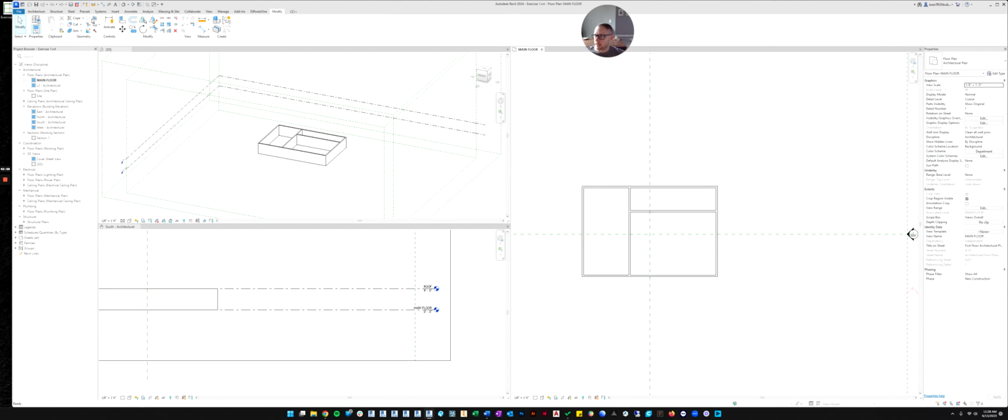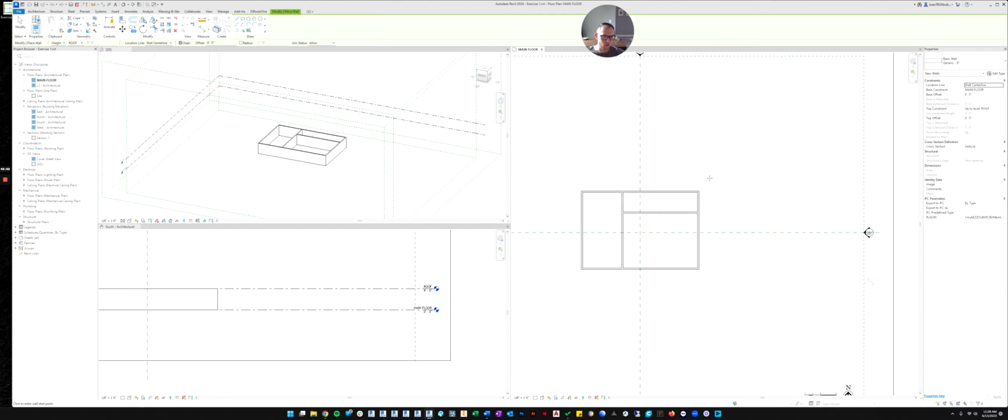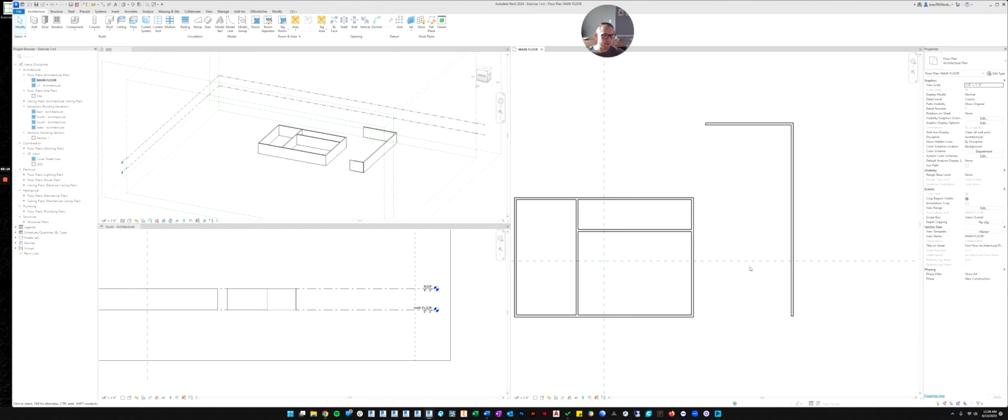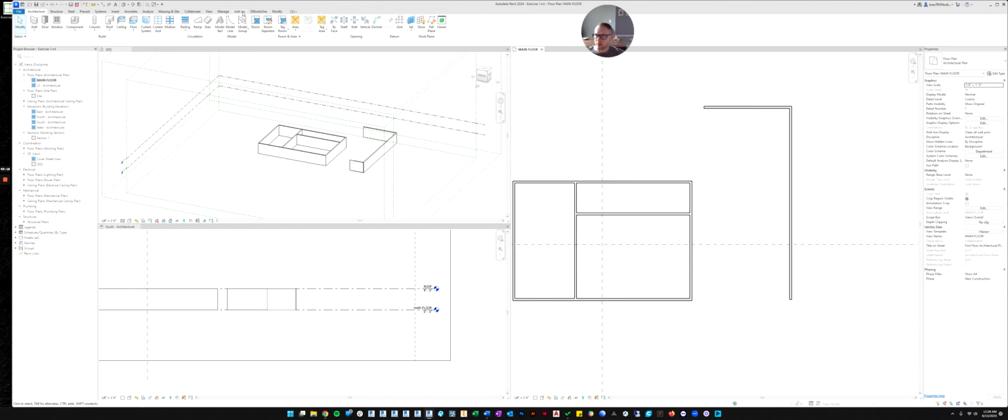This is great for, let's add some more walls out here. Say I draw that wall, and that wall, and I would like the house to extend over there. Maybe I'm adding a garage. So if I use the trim command, I click the 2 walls that I want to join into a corner. I'll click this wall, and then I'll click this wall, and it joins them together. Let's do that one more time. This wall, and then you see how if I hover over the wall, it shows dotted lines of what it's going to do. When I click, it joins them.